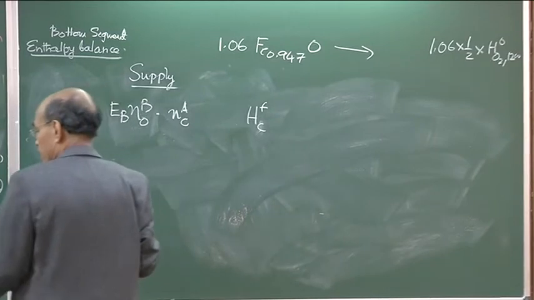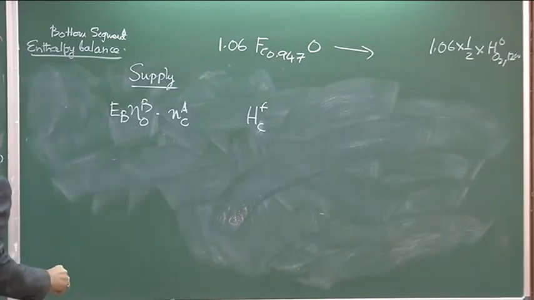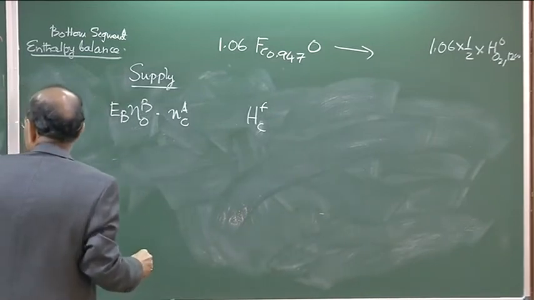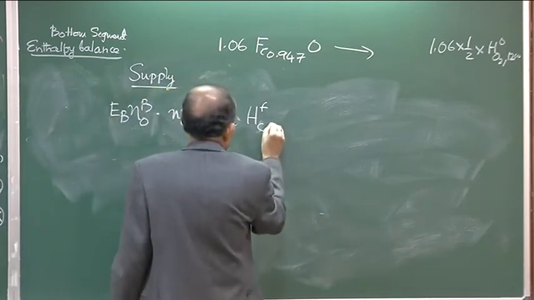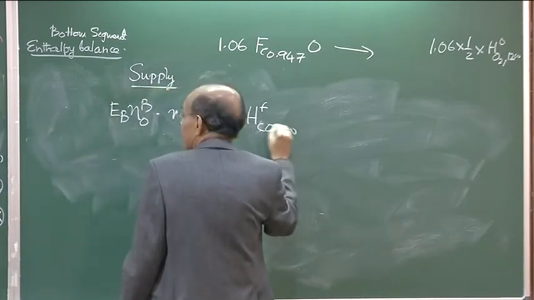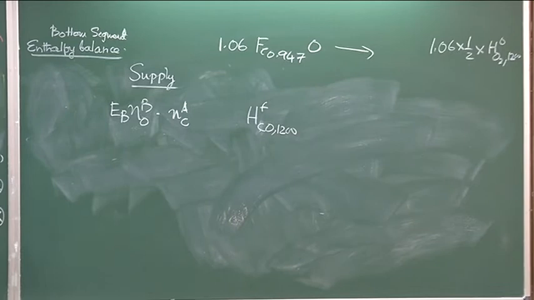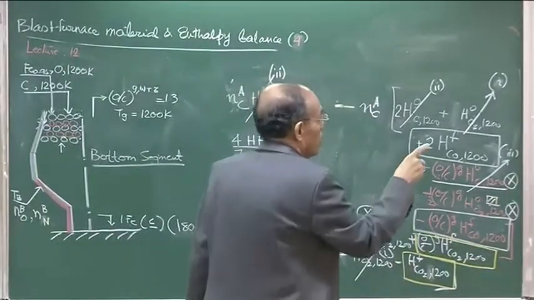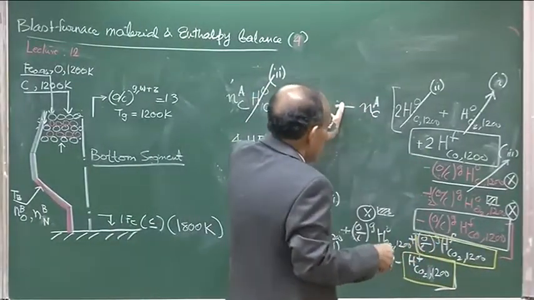So, the first 2 boxes are carbon monoxide. So, it is going to be carbon monoxide 1200, and if you manipulate this term minus NaC, if you keep it here, and then we have,